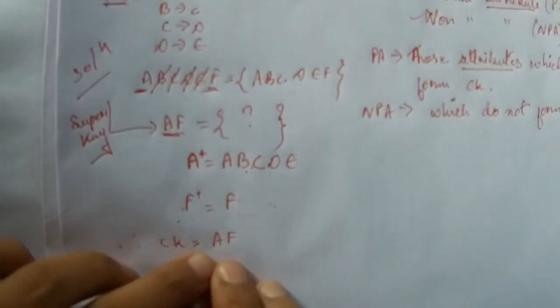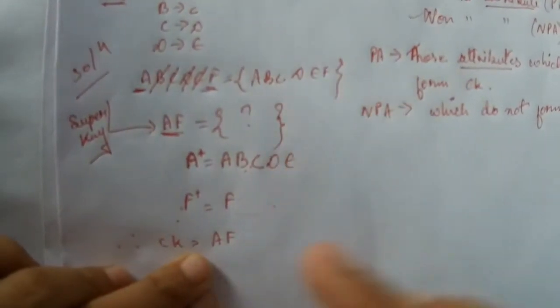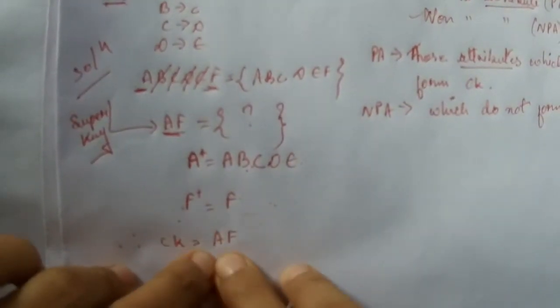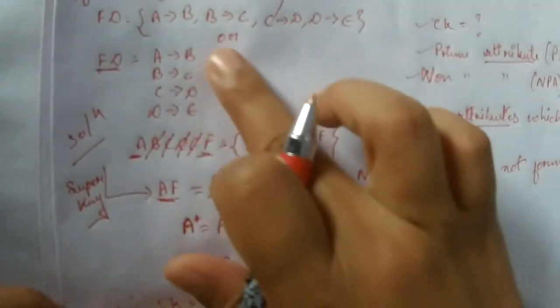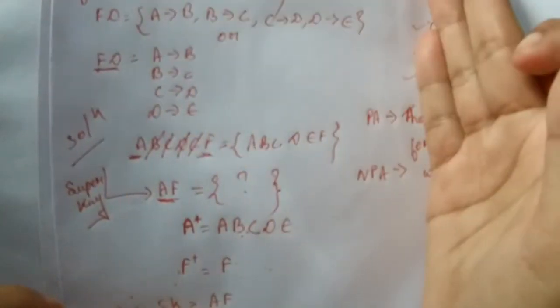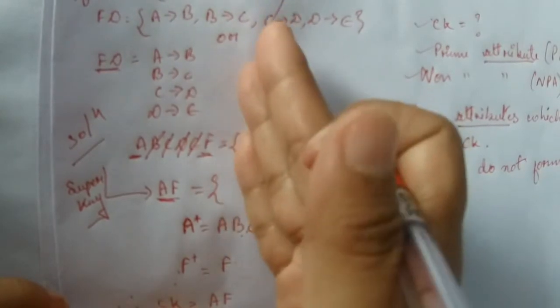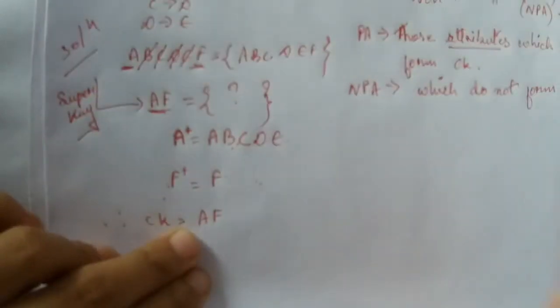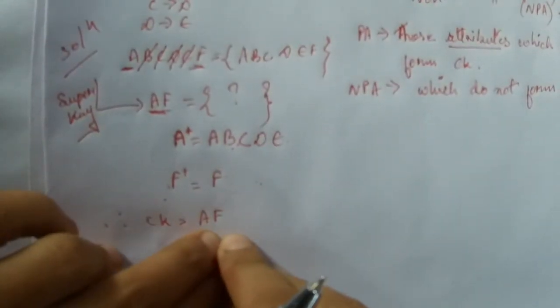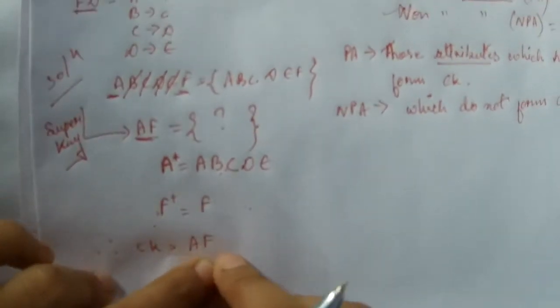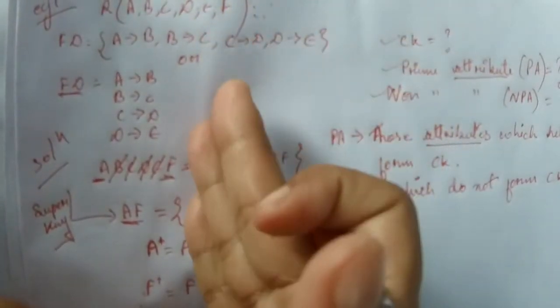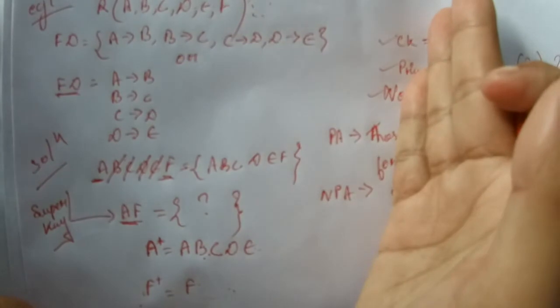Now individually you take A. Now we'll talk about only the A attribute. Come back here again to the functional dependencies. Here you see again the right hand side, is there A anywhere? No, we do not have it, so again just leave it. Next, F. Is there F in the right hand side? No, we do not have F in the right hand side. That means there is no other candidate key here.